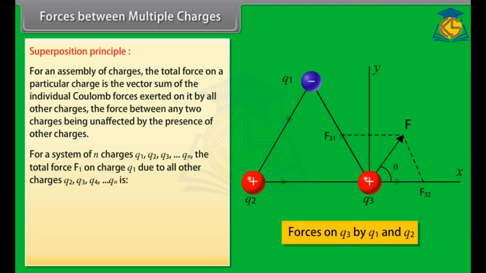For a system of n charges Q1, Q2, Q3 and so on till Qn, the total force F1 on charge Q1 due to all other charges Q2, Q3, Q4 and so on till Qn is F1 = F12 + F13 + F14 and so on till F1n. This equation can be written as